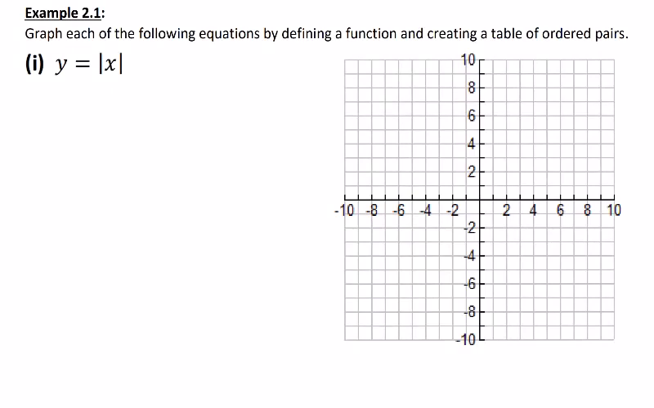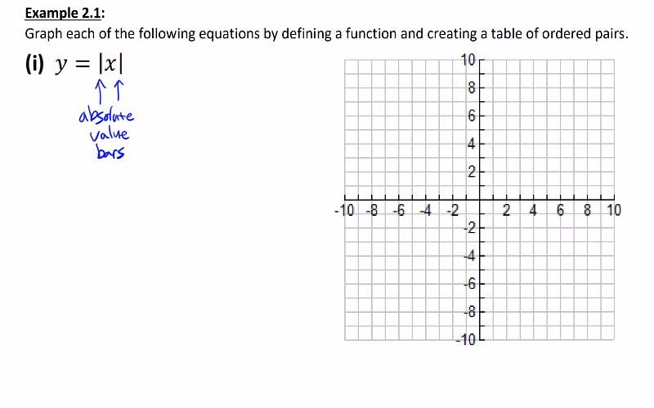In example 2.1i, we'll be looking at y equals the absolute value of x. And hopefully you've seen the absolute value bars before. That's what we have here and here. It's the absolute value bars. And the absolute value bars are interested in always finding the distance a number is from 0 on the number